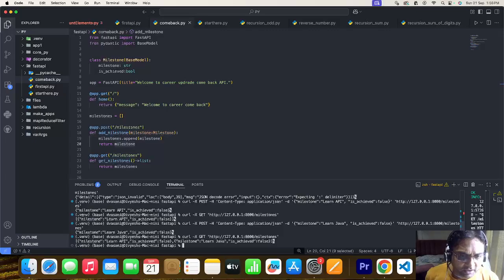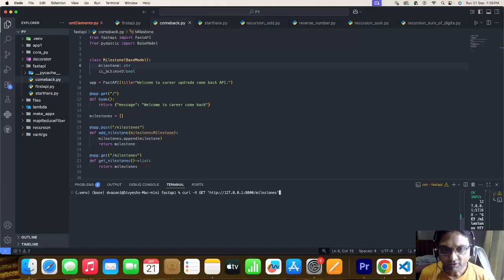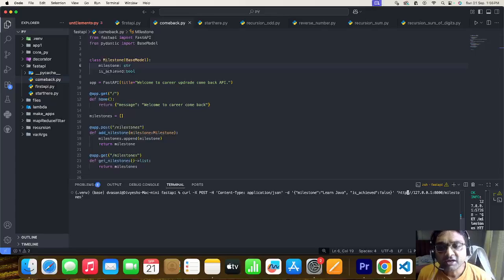Now let's do a GET. So now you can see there are two milestones added, first and second. Now let's play a little bit. What I'm going to do now is add some default value. Before I show the default value, let me show you what I mean. So now if I run the POST endpoint, and I do not give any value for, for example, is achieved or not,